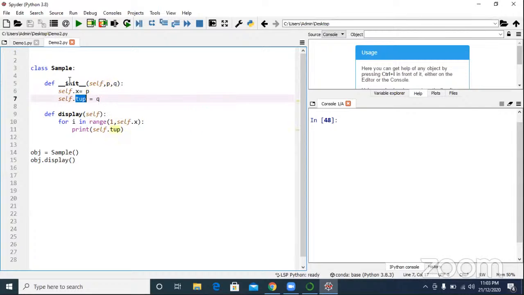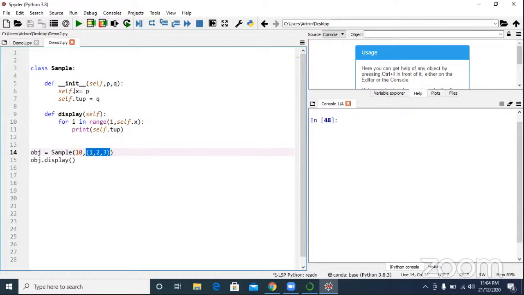Just now you said the constructor gets initialized at the time of object creation. So I'm passing 10 comma (1, 2, 3). What is the p value? 10. What is the q value? (1, 2, 3).